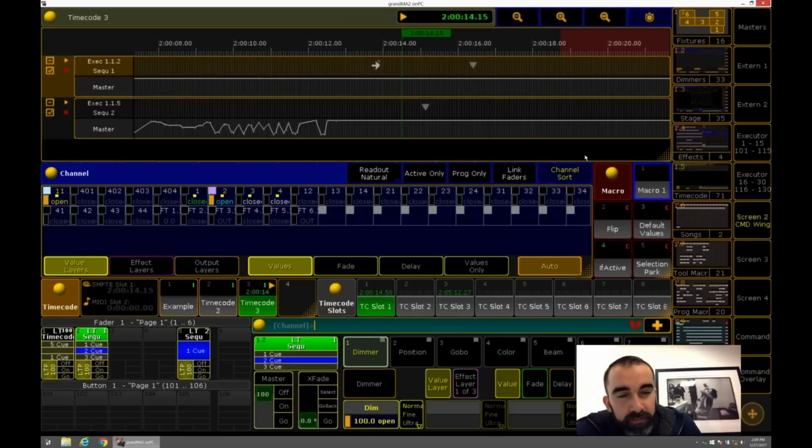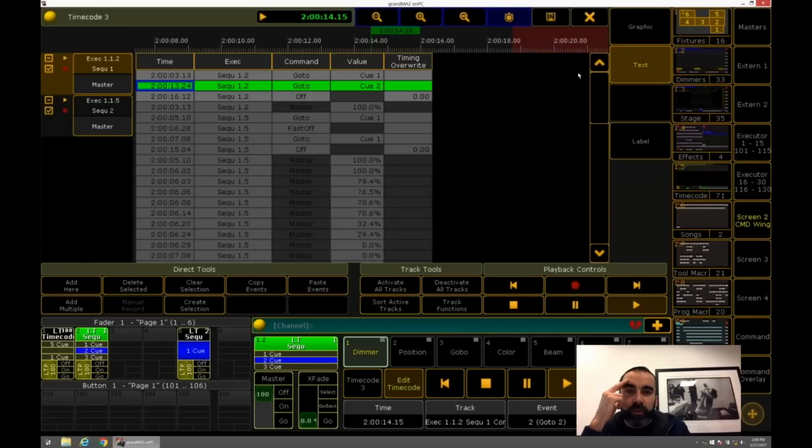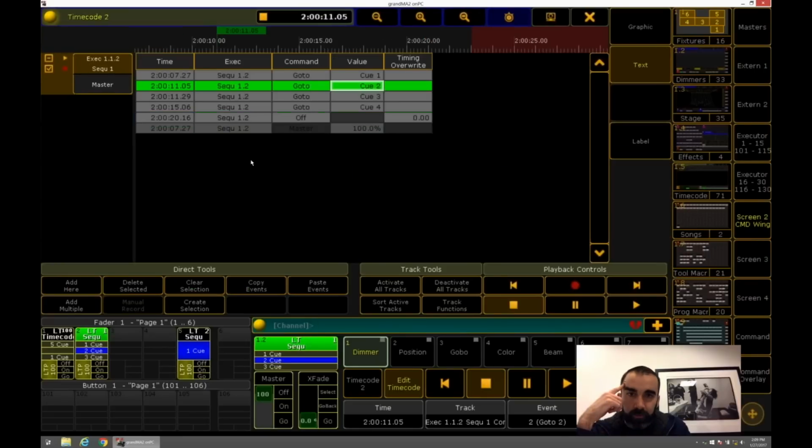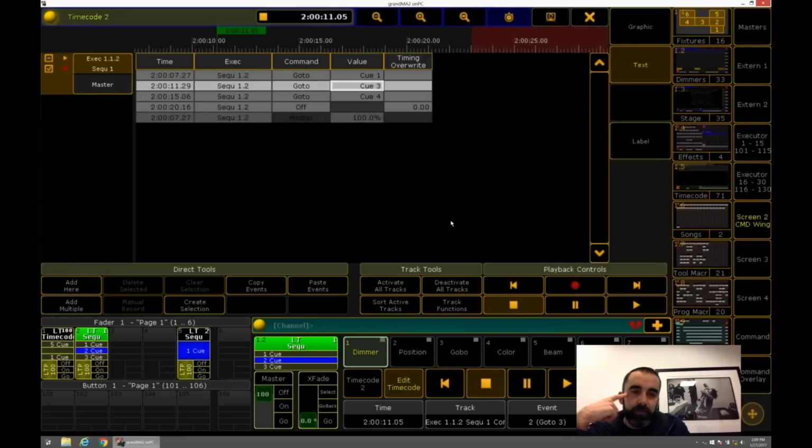Hey Will, does a cue have to have the trigger set to timecode in order to be controlled? Very good question, but did you see me do any of that? No. Therefore, no. Timecode tells executors to run. So there's no disabling on a per cue basis. Disabling on a per cue basis would be leave the actual cue out of this list of triggered objects. So if you didn't want Q2 to be triggered, leave it out.